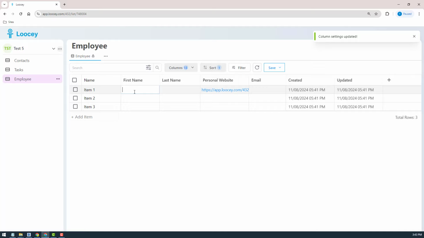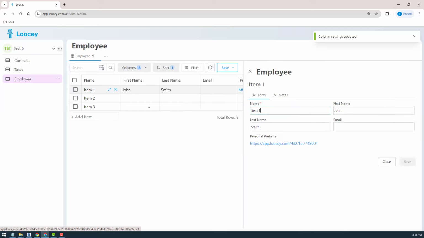And of course, you can start editing. It's auto save. You don't have to click on save unless you open on the side. So these are single cell saves. If you open on the side, you make a change here, you do have to click on